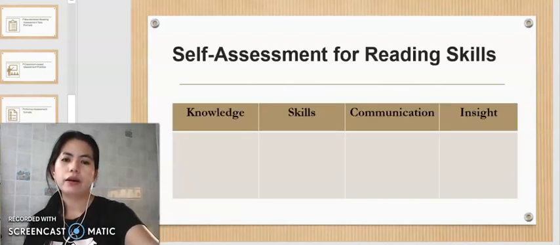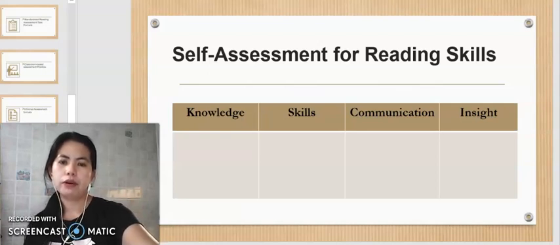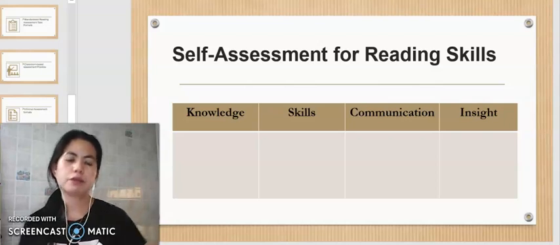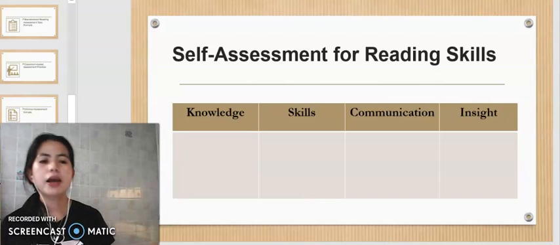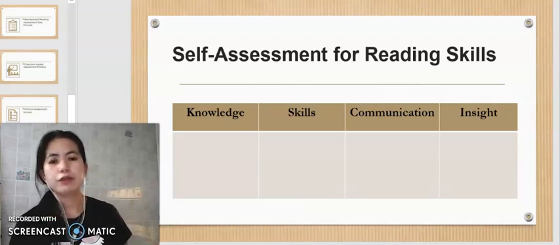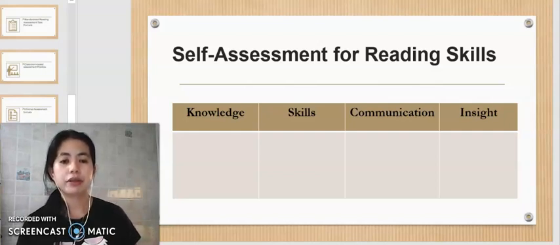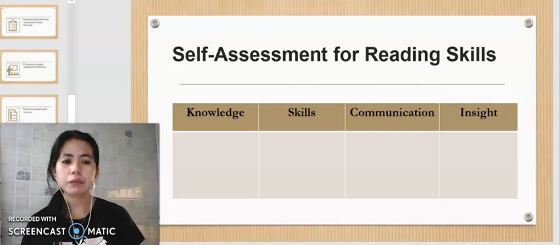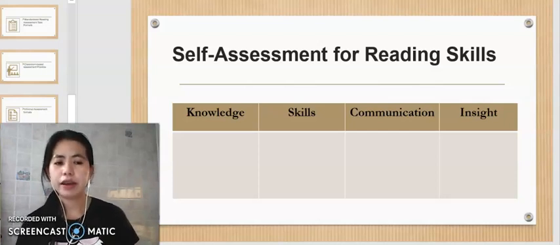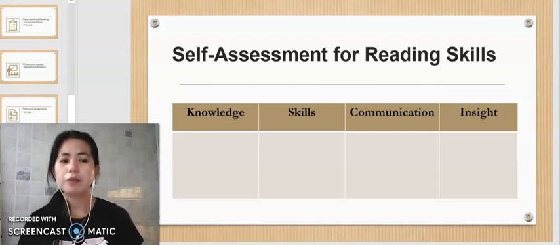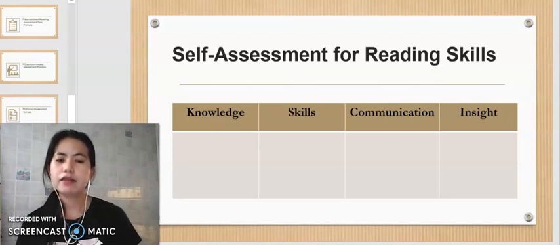So here is a chart example of self-assessment for reading skills for the students. In the knowledge part, the students can write about why it is important to learn how to read. For the skills, students can write, can I read high frequency sight words such as my name, my classmates' names, the days of the week, and the months of the year?